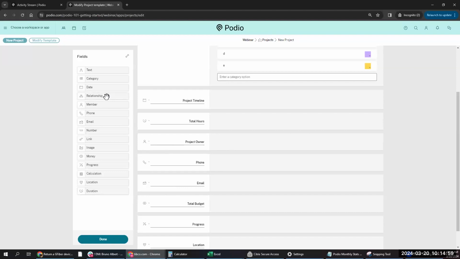This is where you're going to be linking two different apps, whether it's in the same workspace or different workspaces, to each other so that they can kind of reflect back on each other. So it's great if you're doing anything where you're managing a ticket or a project for a client. You may have a client's app and a project's app and be able to link that client directly to that project. This allows you to stay more organized and allows you to see anything that you've related to that client